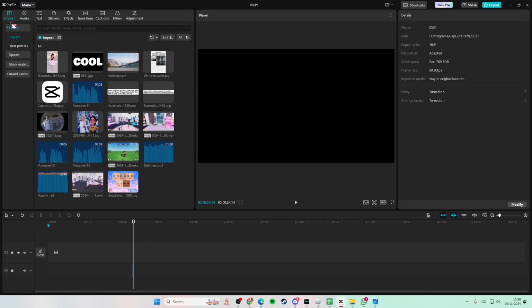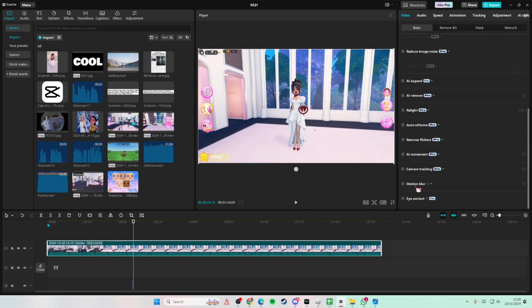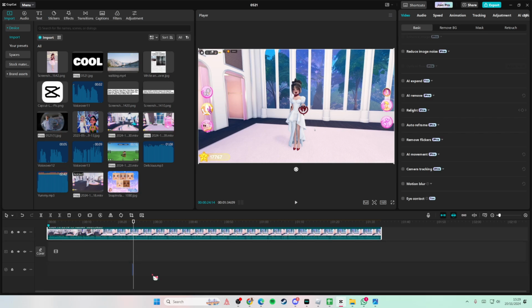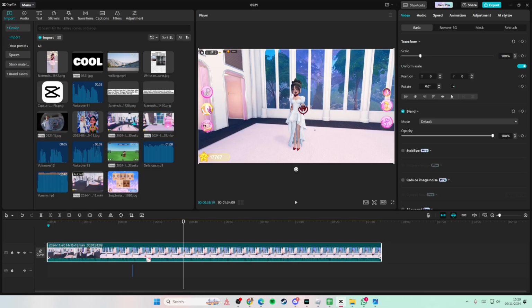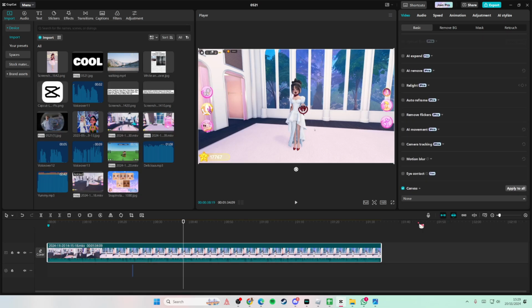In this video, I'll be showing you guys how you can add a solid layer on CapCut PC. So first, you're going to want to grab your video, and then you are going to go to Canvas. Make sure it's in the first track here. If I can just move it down. There we go. And there's going to be canvas, and you're going to just pick any color that you want